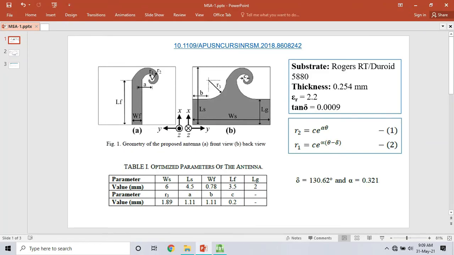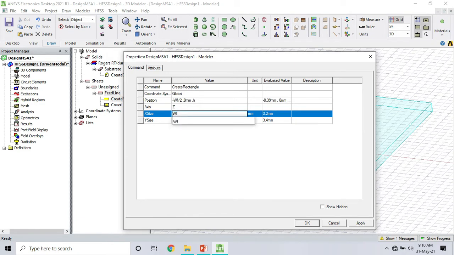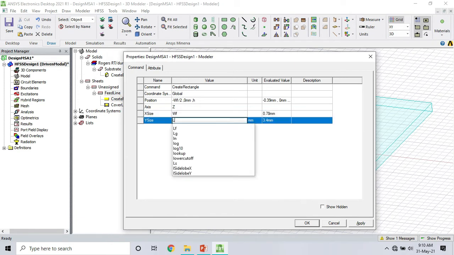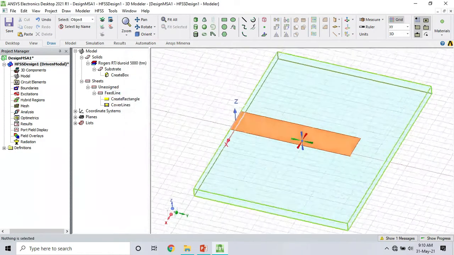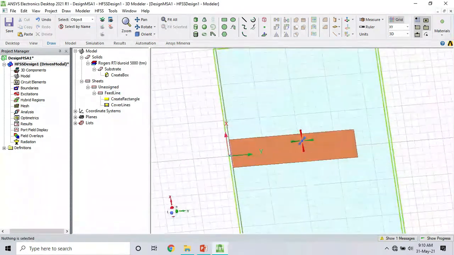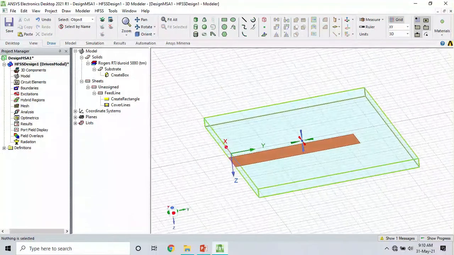WF is the width, LF is the length, so minus WF by 2, 0. We are at height H, so basically this is the position where we want to start, and these are the size, WF and LF. Nice, it looks nice. We'll be designing the spiral later using equations, so let's just go to the ground plane.